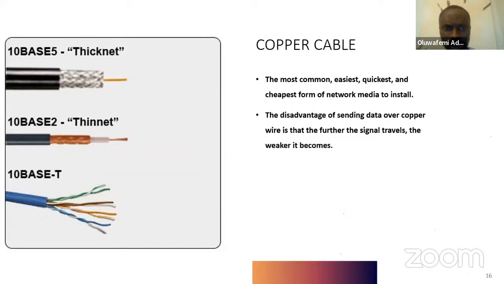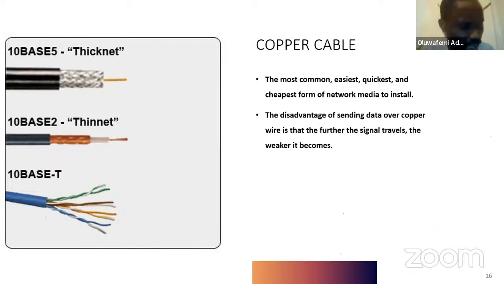Now this is the copper cable, right? This is the copper cable, and it's the most common, easiest, quick, cheap. But people mostly don't use this again. The disadvantage of sending data over copper wire is that the further the signal travels, the weaker it becomes.